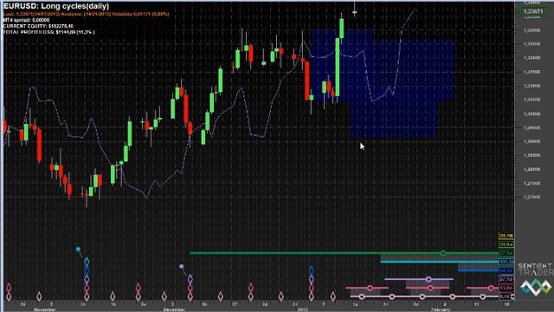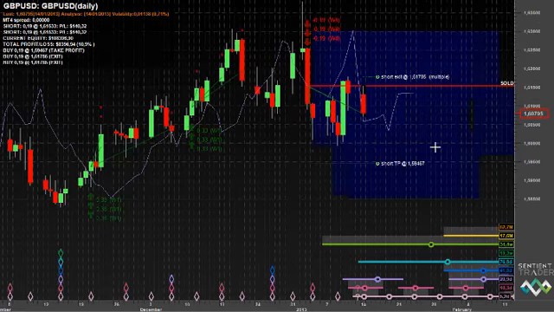Let's finally look at the British pound to US dollar. And of course we're in a short trade in the British pound to US dollar. So again here we're seeing a divergence between the closely correlated instruments that we trade. The euro US dollar and the British pound to US dollar are diverging. We're in a profitable long trade in the euro US dollar and in a profitable short trade in the British pound to US dollar. That is quite unusual, and it highlights the fact that this is a slightly unusual time